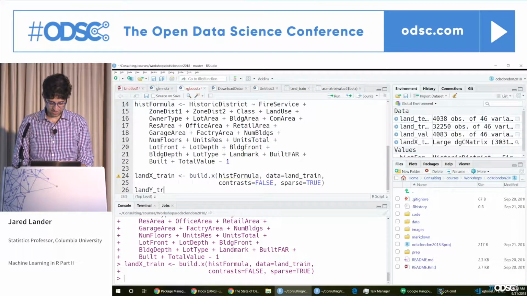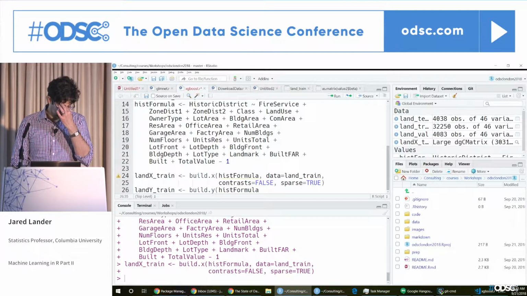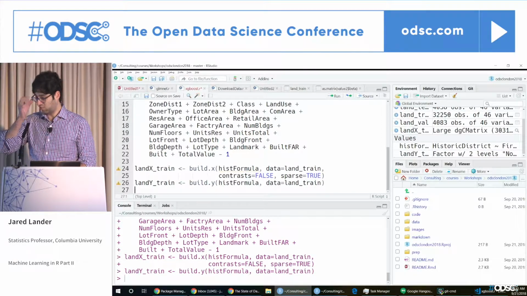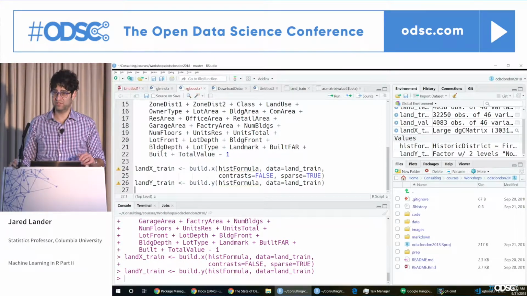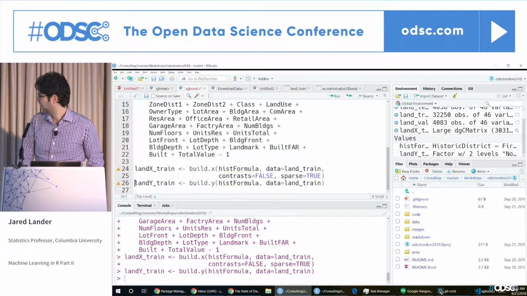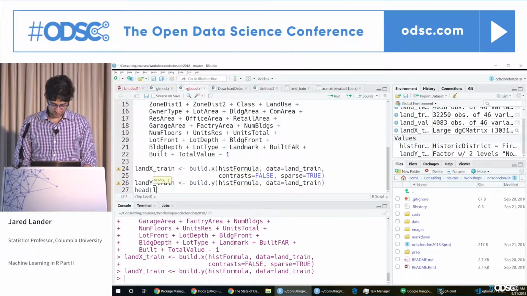Likewise, we'll recreate land_y_train, and we'll do build.y. Please don't forget that we're doing y now. Hist formula, data equals land_train. And that's all we need. There are no other arguments to build.y. Except if we look at the head of land_y_train,